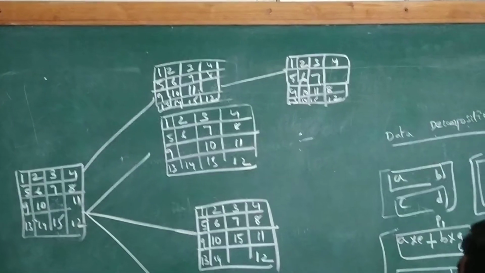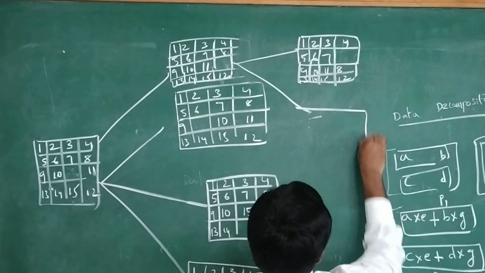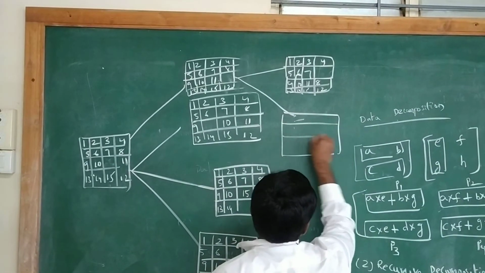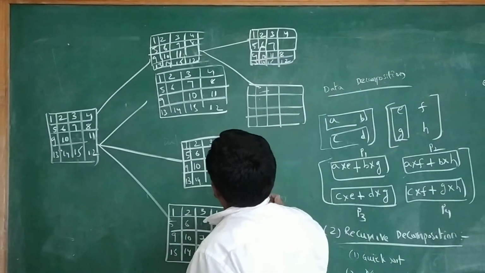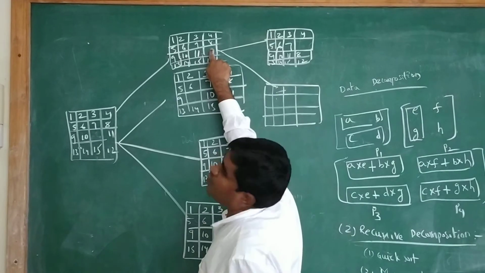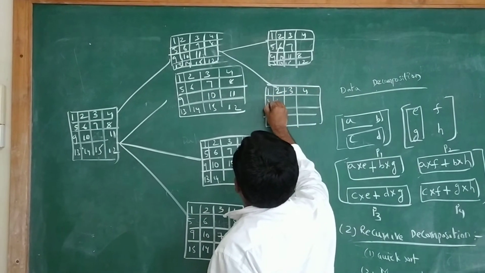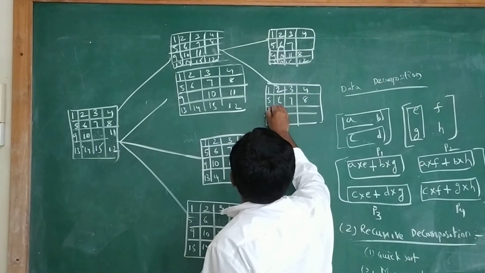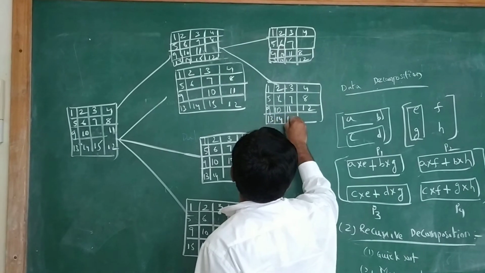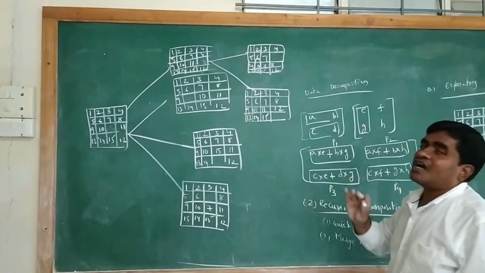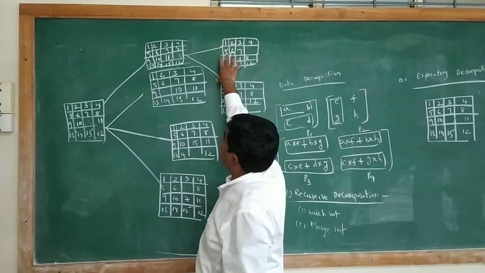So next, upward we have done. Next, downward we are doing. So then what will happen? Downward means 12 we are moving here. So then 1, 3, 4, 5, 6, 7, 8, 9, 10, 11, 12, 13, 14, 15. So all elements are arranged in the sequence. So like this, we are executing this one parallelly.